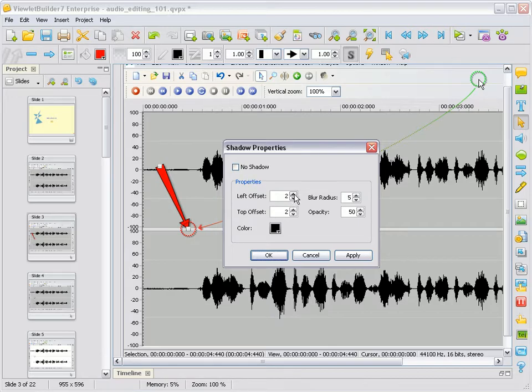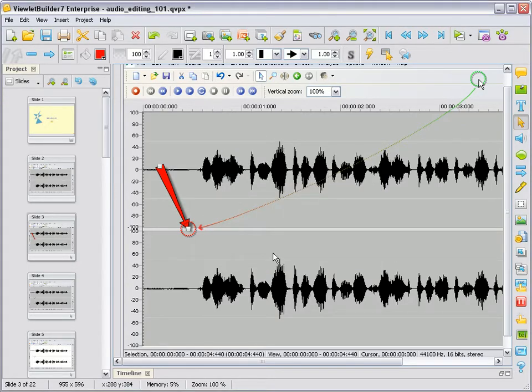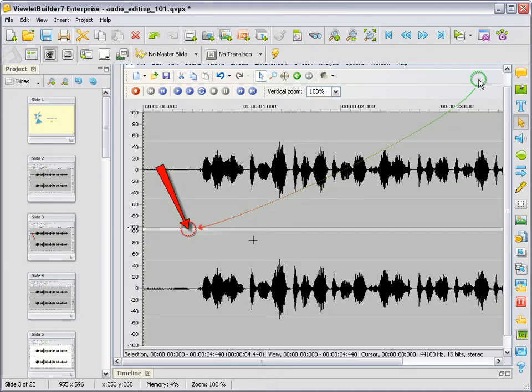So maybe we want to change some of the settings to make it pop a little bit more. We can apply it, and there we see that the shadow is a lot more visible here, and that's the only change we need to make here, and we'll click OK. And then finally, let's look at one other option here as well. For example, if we put a balloon in and we put some instructions in here, let's say